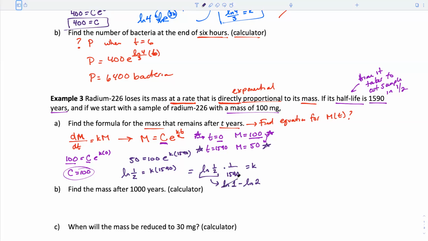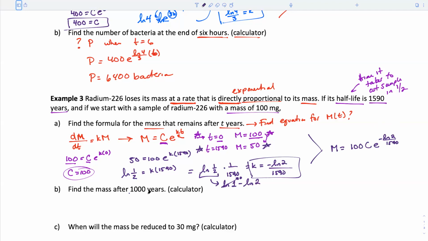What is ln of 1? 0. So ln of half is going to be just negative ln of 2, and then, of course, over 1590. And now I have my K. I have my C. So my final answer is going to be m equals 100 C e to the negative ln of 2 over 1590. And as long as you get this correct,